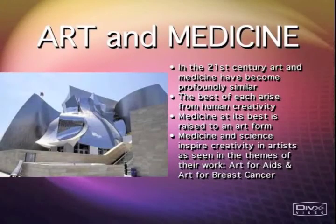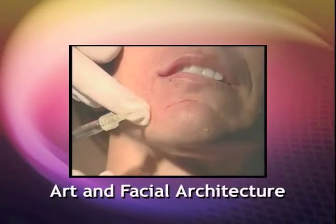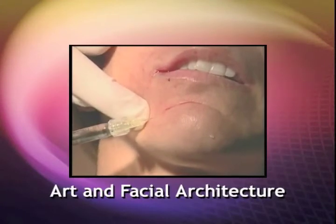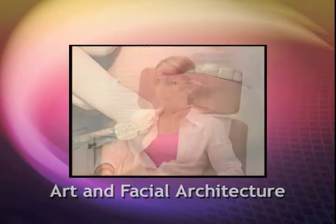From the works of Leonardo da Vinci to the works of Keith Haring, art and medicine are sort of uniquely joined. Medicine at its best, as anything at its best, is actually really a form of art. So what we have to do is understand one thing. We're not only dealing with injecting substances, we're dealing with the art and the architecture, the support of the lower third of the face. And we have to also understand that we must approach this as we would approach art,